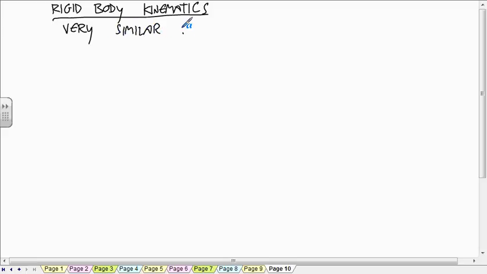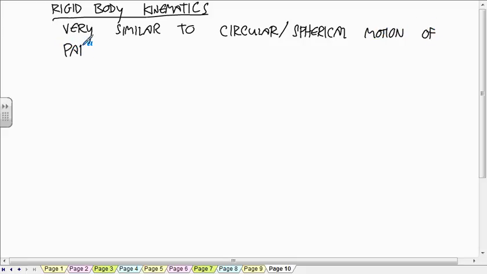So it's very similar to the circular and spherical motion of particles. So why is that? And the answer is, so if you have a rigid body